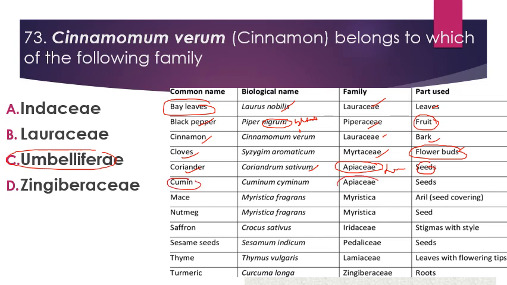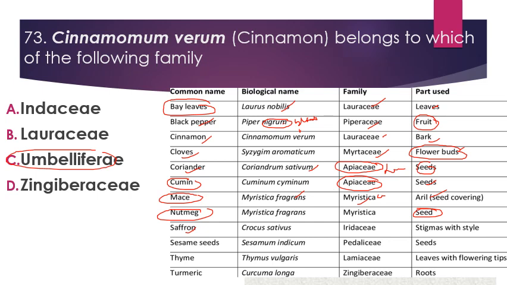The next is cumin. Its scientific name is Cuminum cyminum. It again belongs to family Apiaceae, and here the part used is seeds. Next is mace. It is Myristica fragrans, family is Myristicaceae, and the part used is aril, which is we can say a third integument, that is seed covering. Next is nutmeg. Mace or nutmeg is same, Myristica fragrans, again family is same,